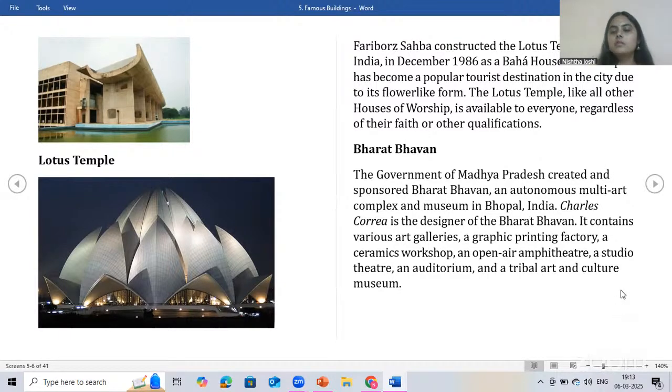The famous monument was designed by a rather slightly unknown architect, Fariborz Sahba, who designed and constructed the Lotus Temple. It was designed in 1986 and it is a Baha'i house of worship. So previously this question has also been asked: which religion is Lotus Temple related to? So it is a Baha'i house of worship where people from all religions are welcome, and it is a place where they try to promote noise-free worship, meditative worship, and they urge you to not make any sound inside the